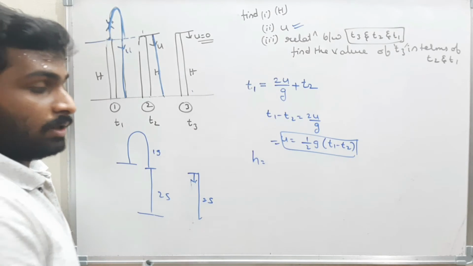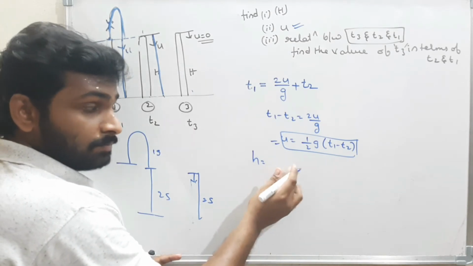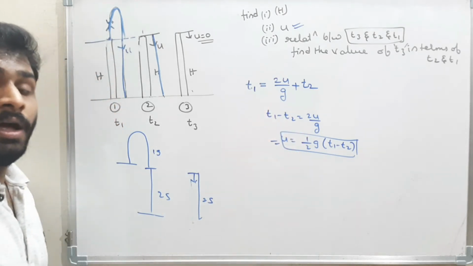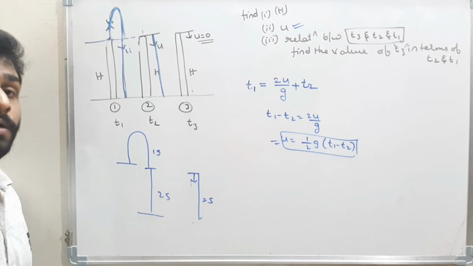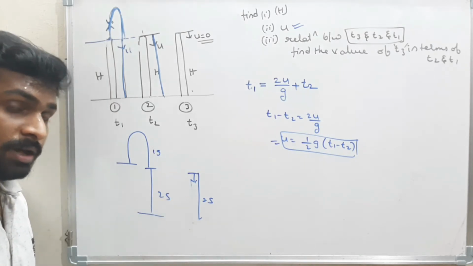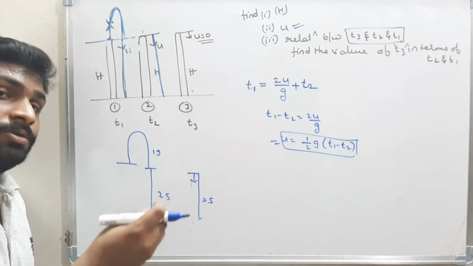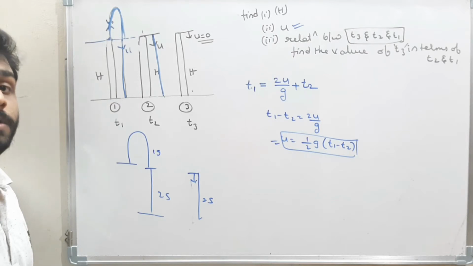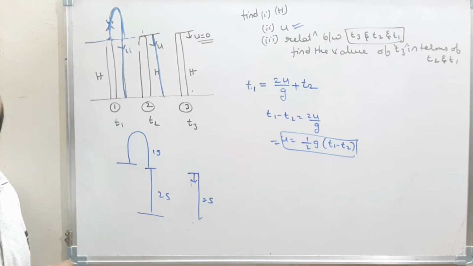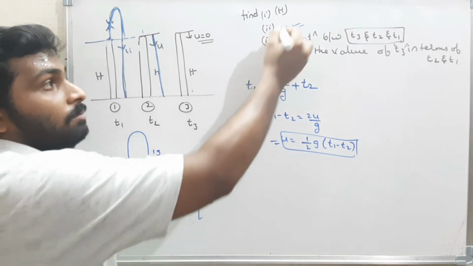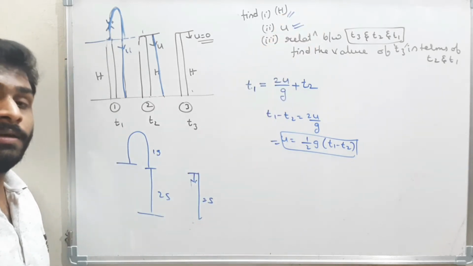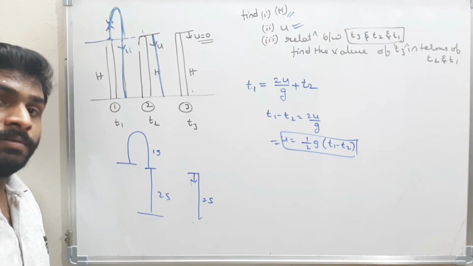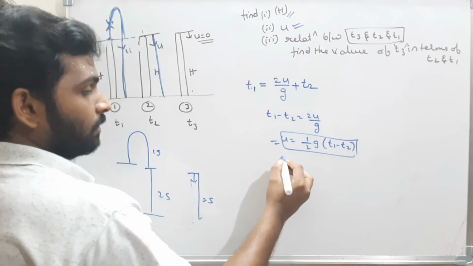What is the height of the tower? How can I find it? Think. I can find the height of the tower. Which formula can I use? v is equal to u plus at. I can't use that formula. s is equal to ut plus half at square. Initial velocity I know. Final velocity? I don't know. Therefore, what can I do? How can I find the height? Think. Okay, now see how can we find the height?